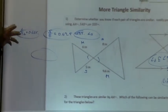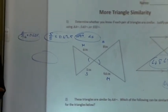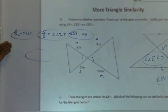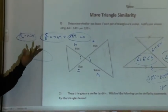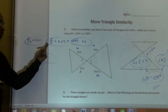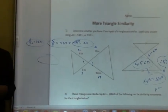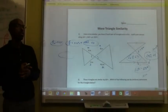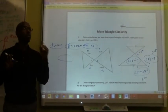What we say about these fractions is that they are proportional. What does proportional mean? Proportional means once I do the work to this one and I do the work to that one, they spit out the same answer. The two fractions are equal to each other. They have the same relationship. On this side of them, to make things proportional,